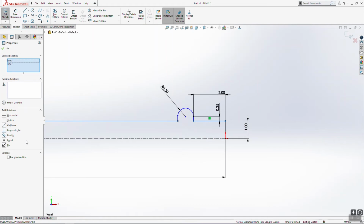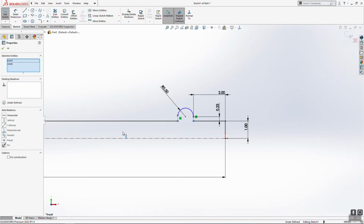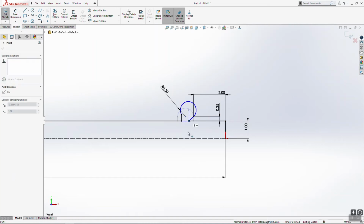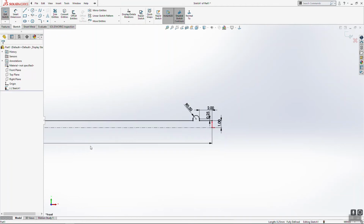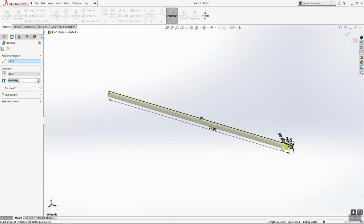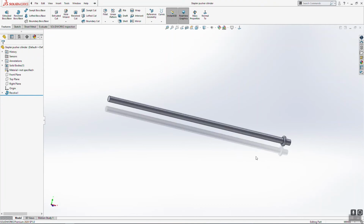Add a relation here, collinear, and add a relation here, equal. Also make this line vertical. Go to Features, Revolve Boss/Base, and click OK. So this is our first part. Save it and